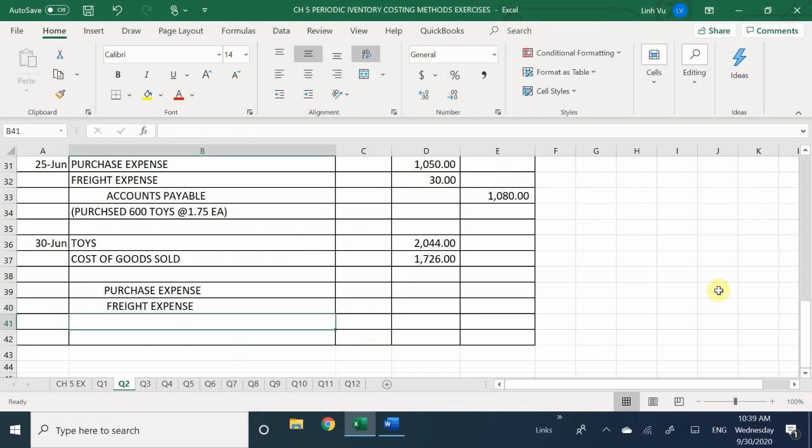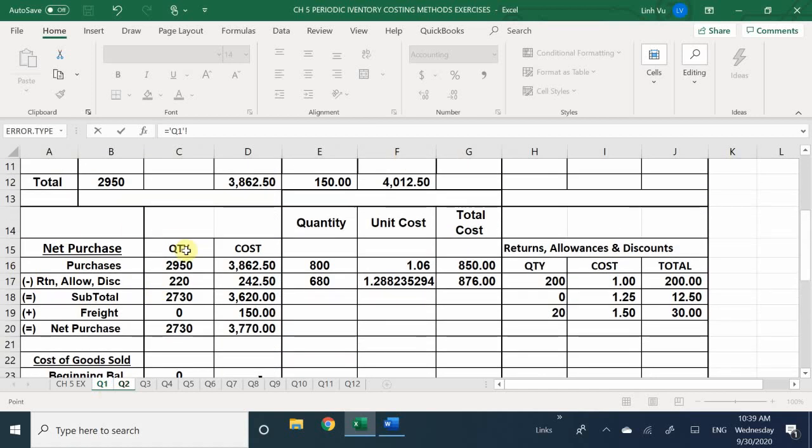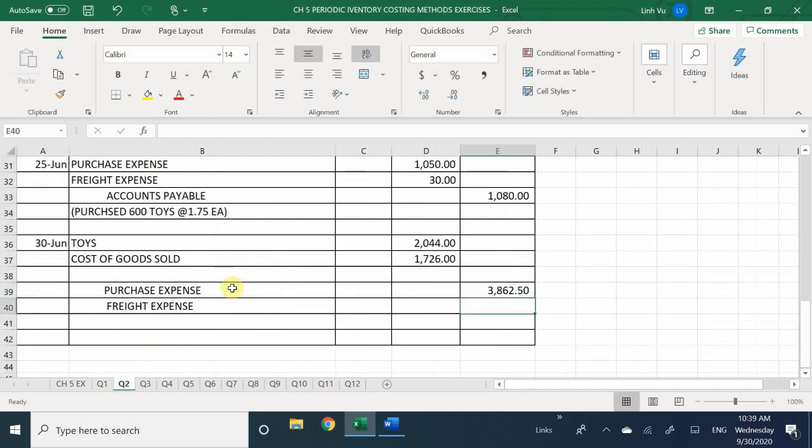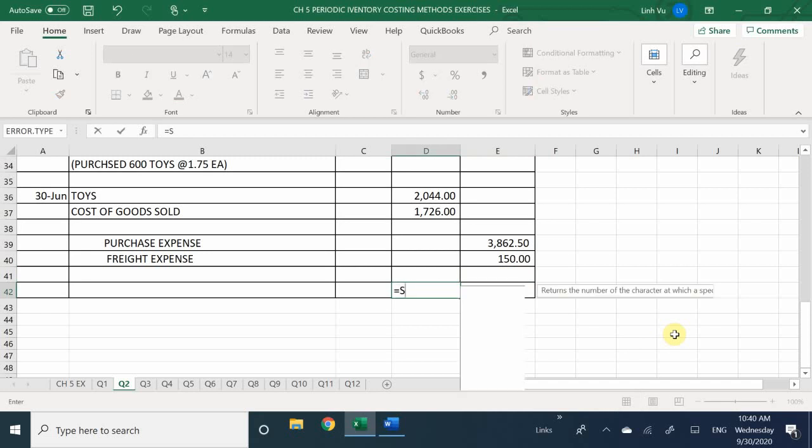Okay? And here I know what that is because I've calculated my total purchases that I've made in here, right? I made a total of $3,082.50, okay? And I know that my total freight was $150, okay? So with that being said, I'm going to place them in decimal places. So if I were to just go ahead and do a quick sum on each side,